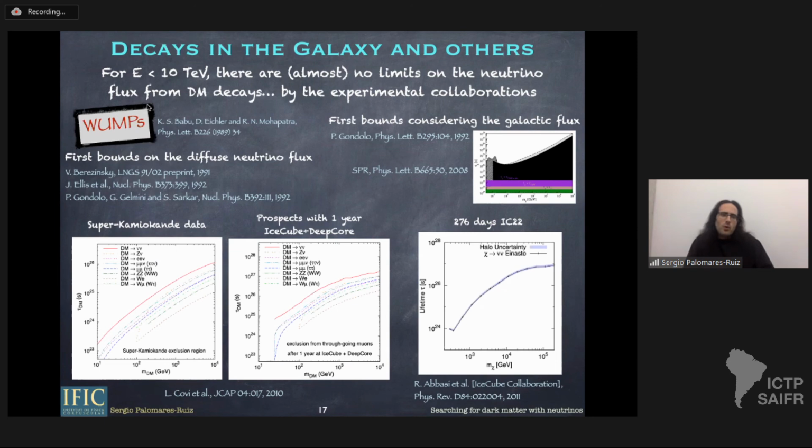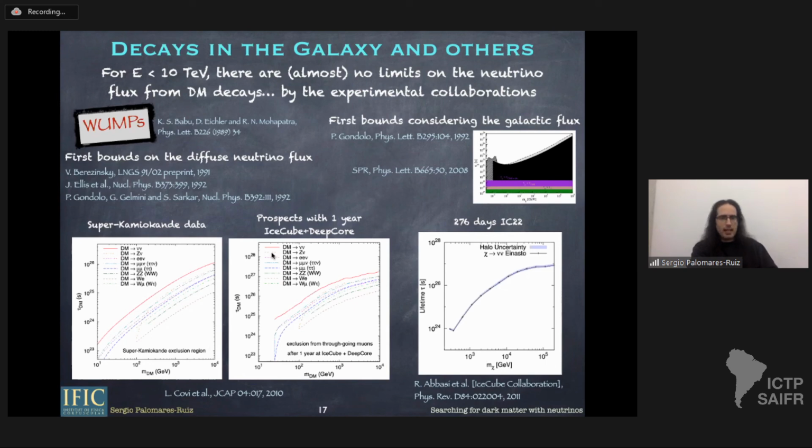They would call it WUMPs, which is weakly unstable massive particles, but the name didn't stick. But anyway, the bounds from the diffuse flux were estimated in the early 90s. Also, the first bounds considering the galactic flux were estimated in the early 90s, although using a dark matter profile which doesn't actually fit what we expect from the Milky Way. They were more carefully calculated by a paper by myself 12 years ago, and then there was a follow-up